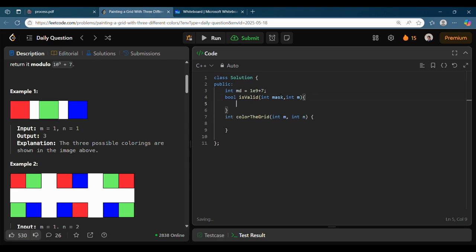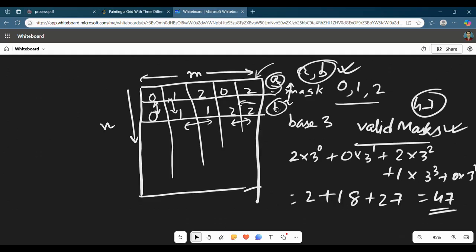So what can you do here? You can try to see that every element is, let's say I keep a previous variable prev which is -1 initially, and I traverse through this. So how can you traverse through this? Suppose you are given the mask 47, you want to extract these bits 0, 2, 1. How can you do this? You will do mod 3.